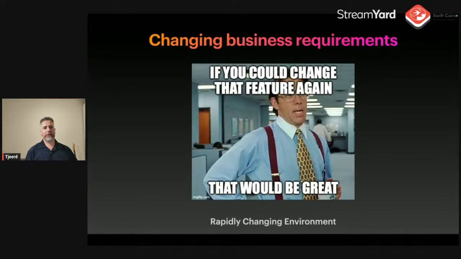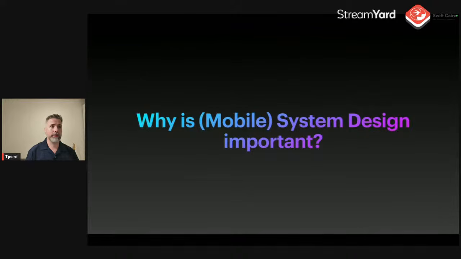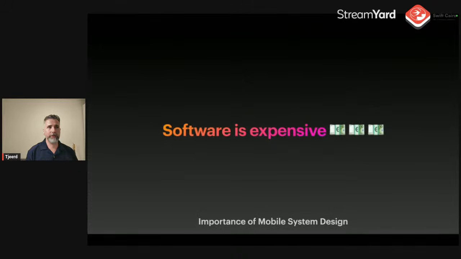So for me, mobile development is not just making a couple of views. It's really about keeping an app well maintained and up to date, handling changes and offering flexibility to deal with all these changes. So to bring it back to why mobile system design is important again, well, software is expensive, right? If we are working all the time on keeping our app alive with a ton of developers, it's not cheap. That is a reason to figure out a way to deliver apps in a way that can be adapted quicker and be maintained easier.